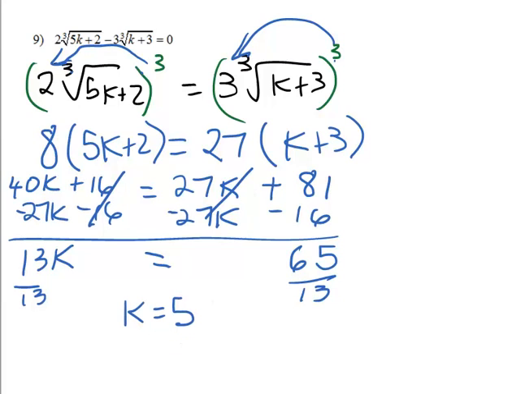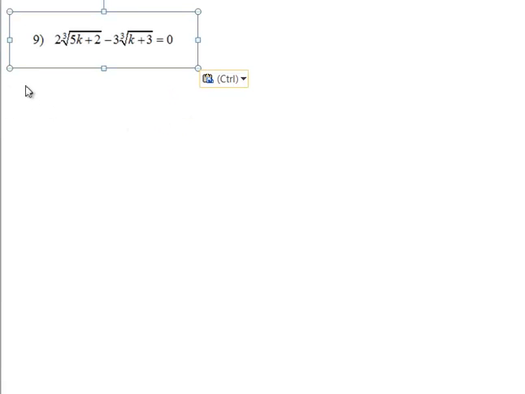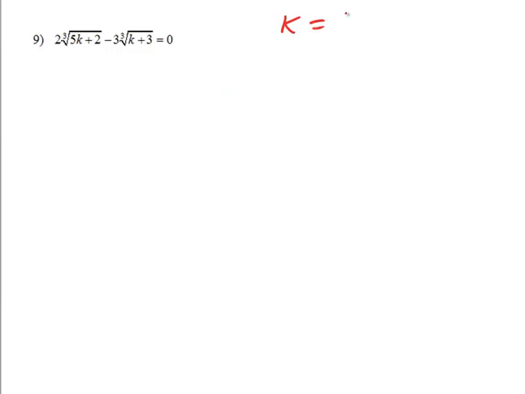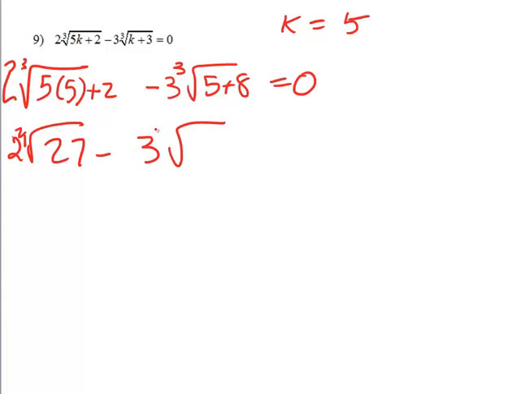And I could go ahead and check that by putting in k equals 5. And that would be 2 times the cube root of 5 times 5 plus 2 minus 3 times the cube root of 5 plus 8 equals 0. 2 times the cube root of 27 minus 3 times the cube root